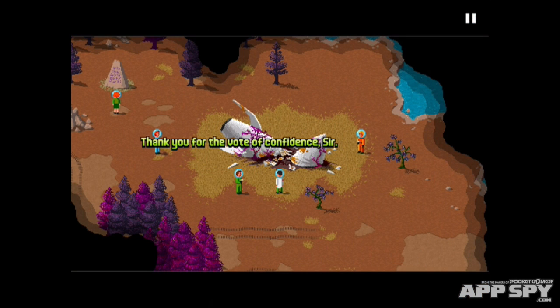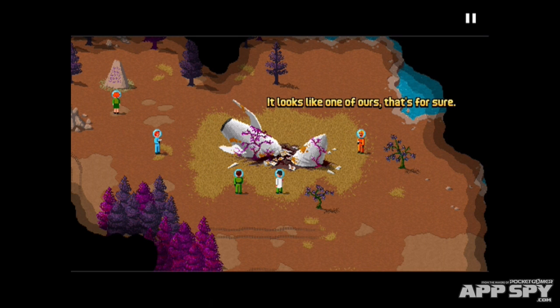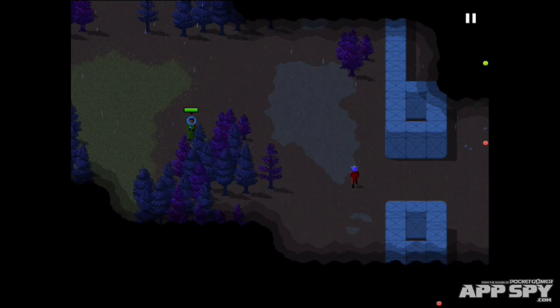Hi AppSpy viewers, this is Mark Brown, editor of Pocket Gamer, and I wanted to share a very cool upcoming iOS game with you. It's called Space Age, and it's an adventure game of sorts, about exploring an alien planet,